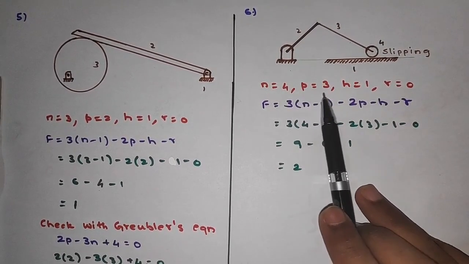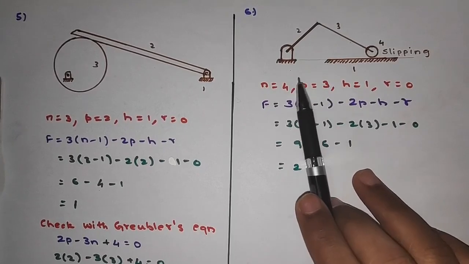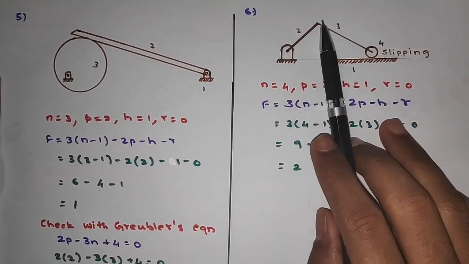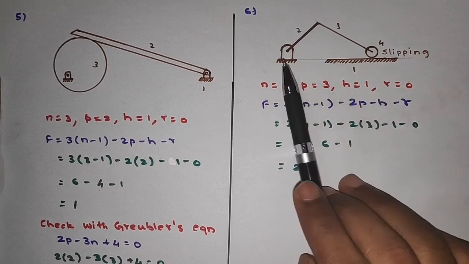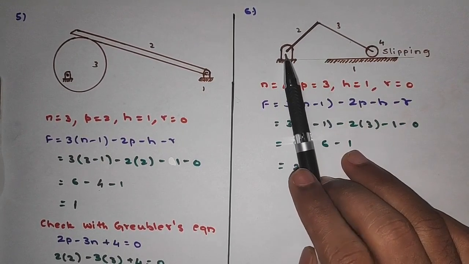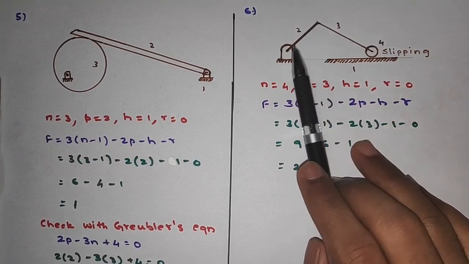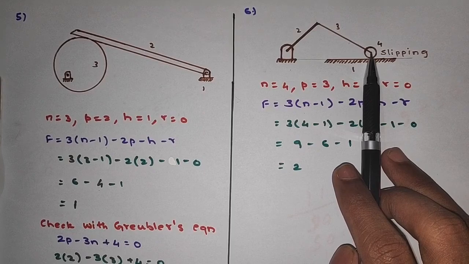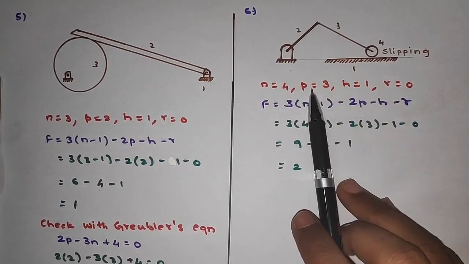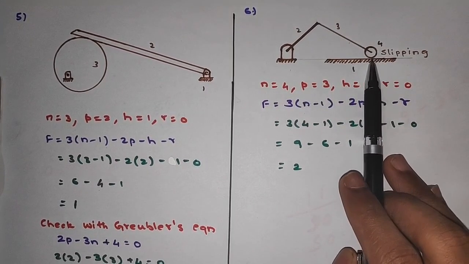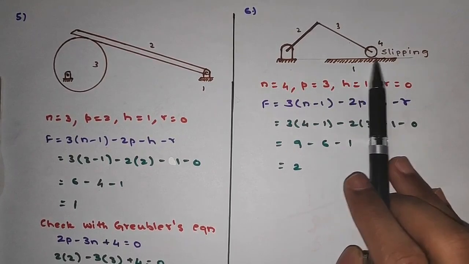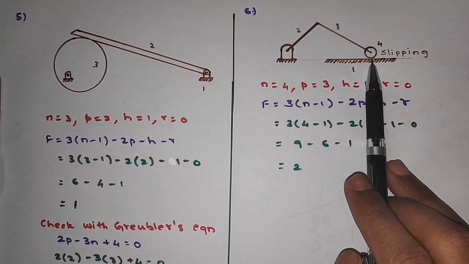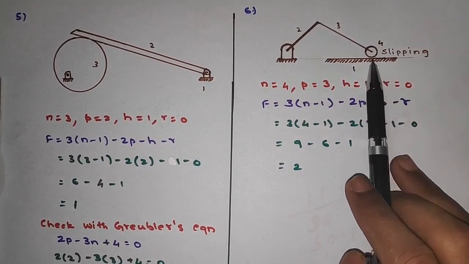Now we shall see the number of P, that is kinematic pairs or the lower pairs over here. So this will be 1, 2 and this is 3. That is link 2 with link number 1, link 2 with link 3, and link 3 with link number 4 at this particular point. So these are the 3 kinematic pairs, and this particular circle or disc has a line contact with link number 1. So there is a higher pair formed at this particular point or location.